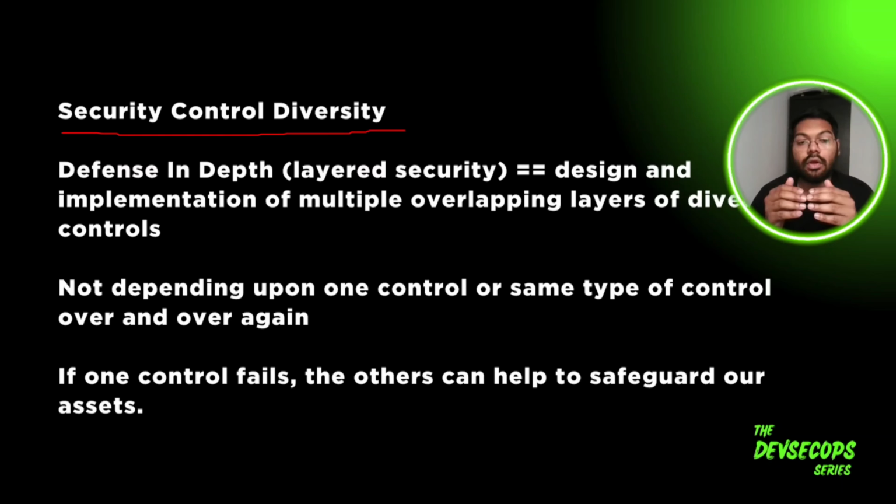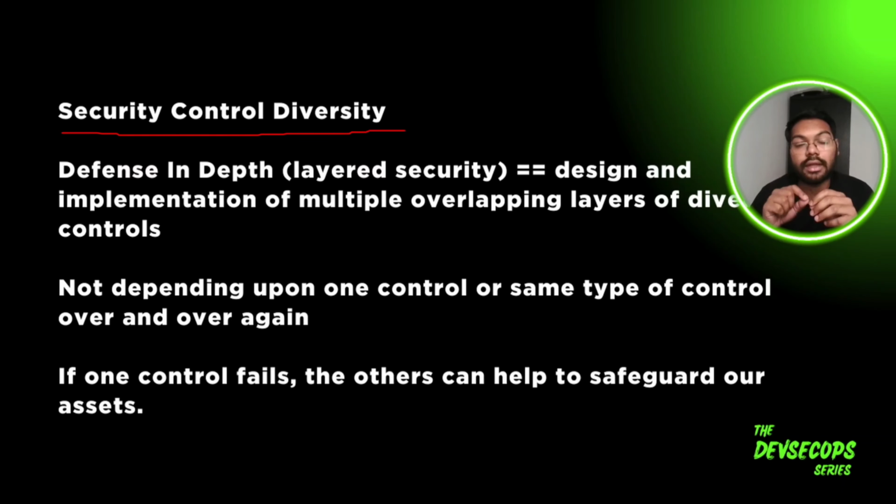Let's say even someone got the password and user ID of your account. Then there should be another control measure that would ask for authentication again. What we call two-factor authentication or multi-factor authentication, in which they would ask for a serial digit number, which would be on your mobile phone.